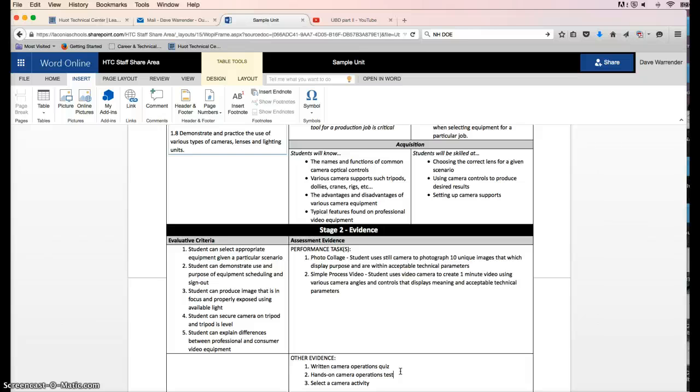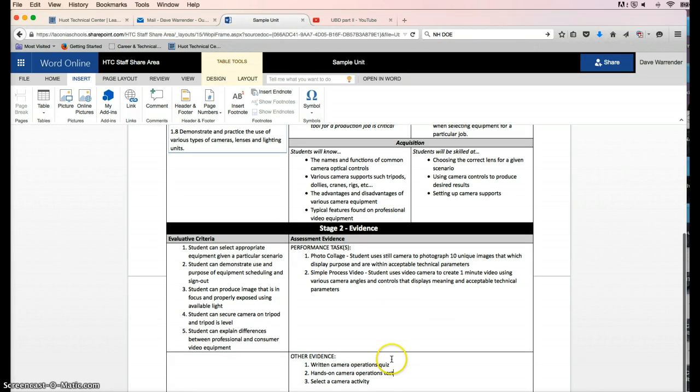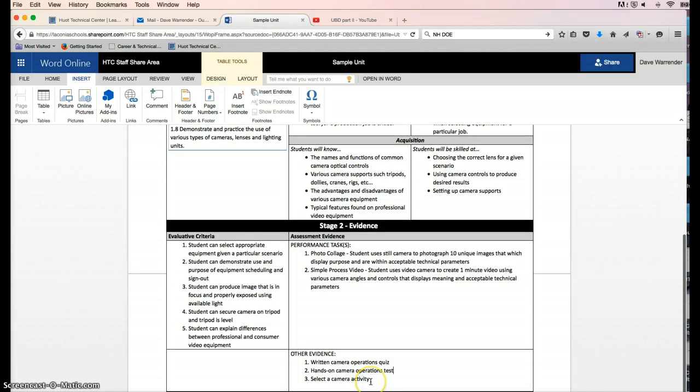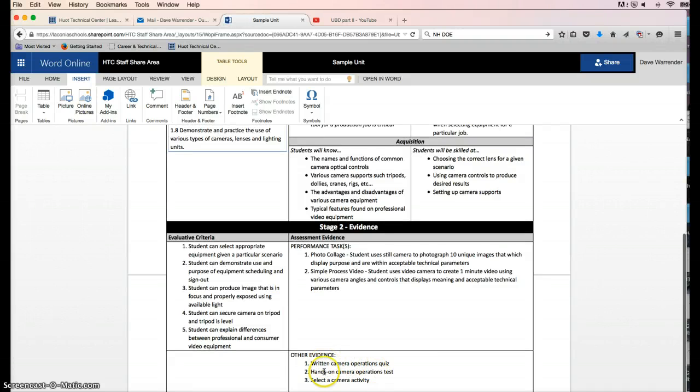Now, certainly, after I've looked at this for a day, I'm sure I'll come back and say, you know what, I want to reword my photo collage. This isn't really capturing the essence of what I'm doing. I may decide that there's some other evidence which I think is important in here. I'd also encourage you to remember these are the bigger tasks. I would not necessarily put in every little tiny homework assignment in here. But these are the big things.